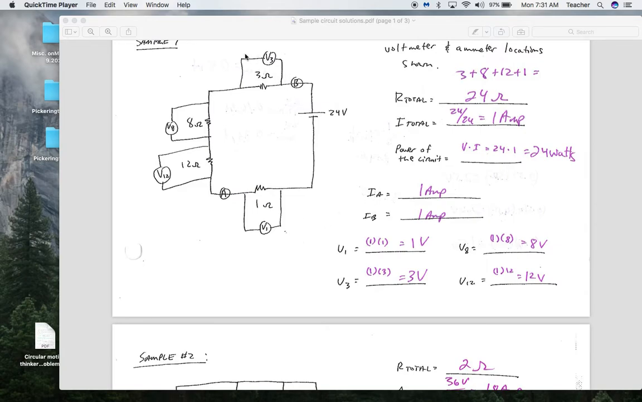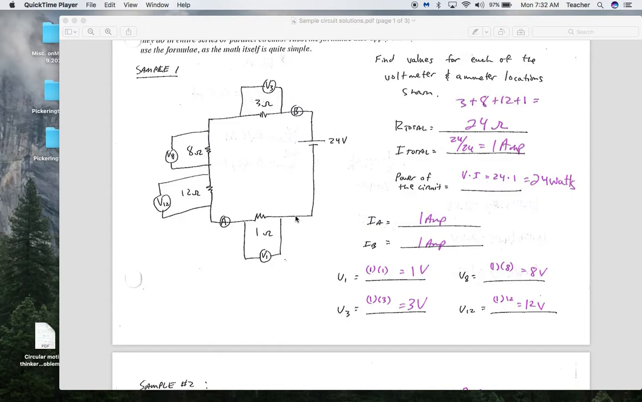We hook voltmeters across, or in parallel with, electrical resistors because we want to find the difference in potential energy from one side to the other. So we can't hook a voltmeter in series like we would an ammeter. So to find the voltage across each of the resistors,